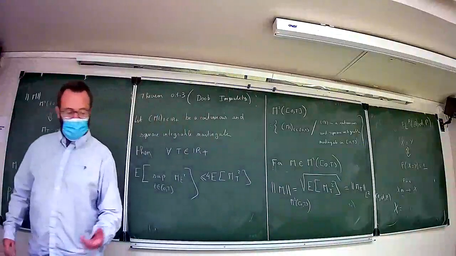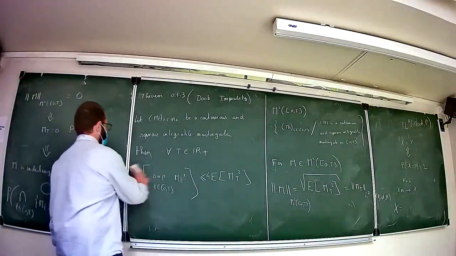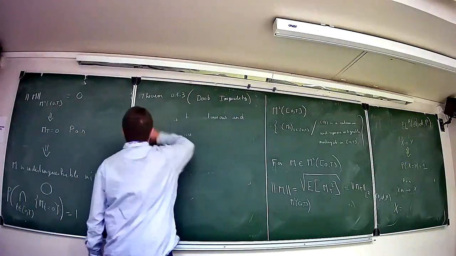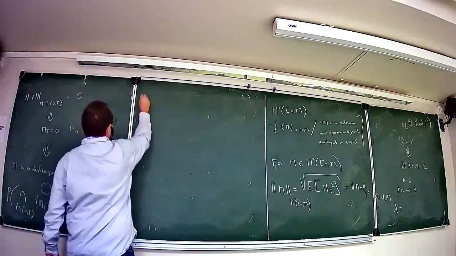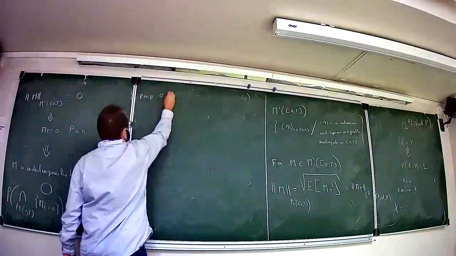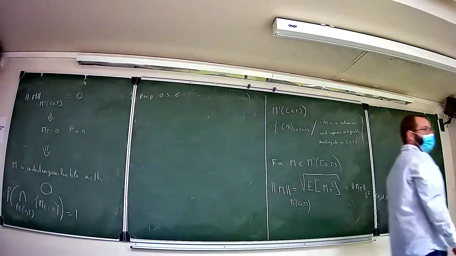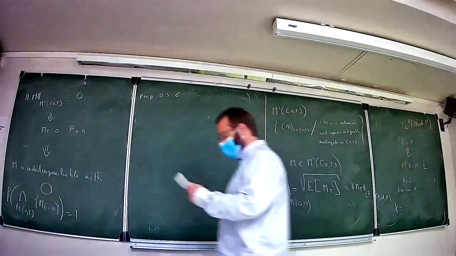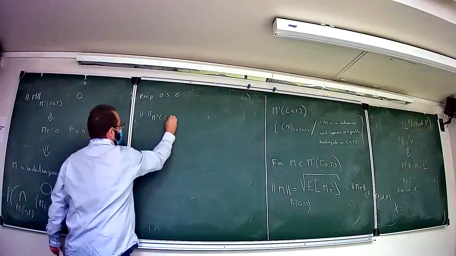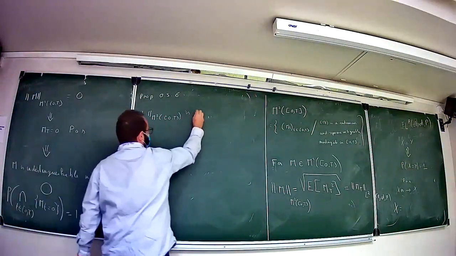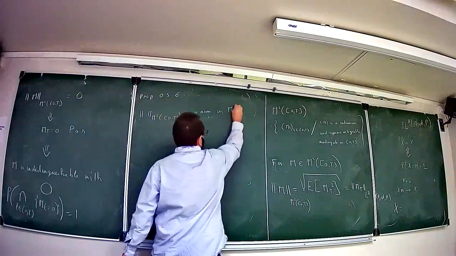So I have this one, so I have a norm, and the last little result concerning the part on martingales is the following, proposition 0.5.6. I have two statements. The one that I have already proved says that what I have defined this way is a norm on M2 of [0, T].